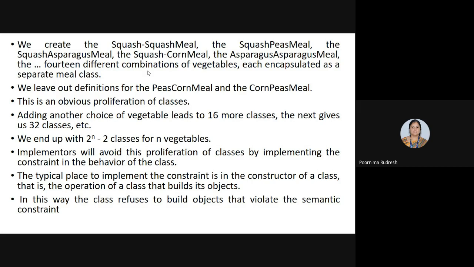God class problem means one class will have all the information or all the data members, and the remaining classes are going to simply access the data members or the information from that class. Then that problem is called the God class problem. Clear? Understood what the God class problem is?